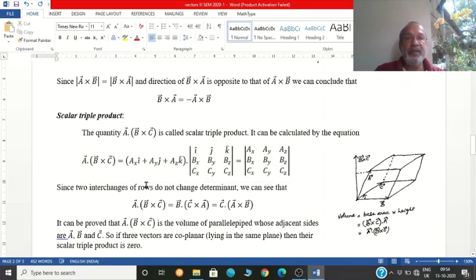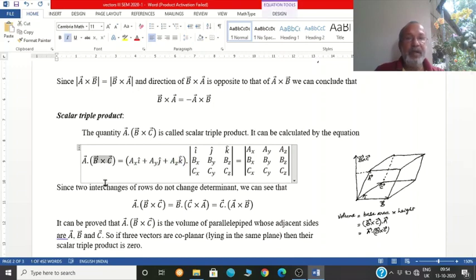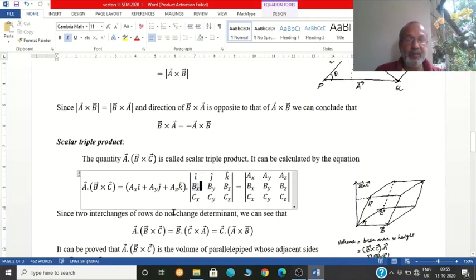We know that A can be written as AX i plus AY j plus AZ k, and B cross C can be written as a determinant of this 3 by 3 matrix. So when you dot this quantity with this, i and i will be dotted. So AX i will be dotted with this i, so this AX will come here. Similarly, other terms also will come using the property of a dot product. So finally you will get A dot B cross C as the determinant of this